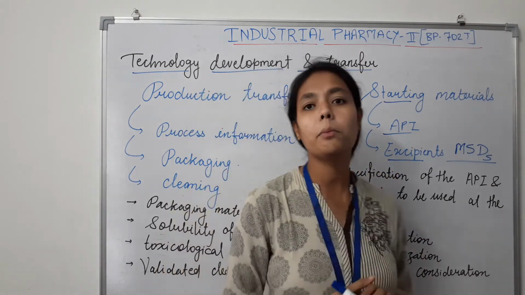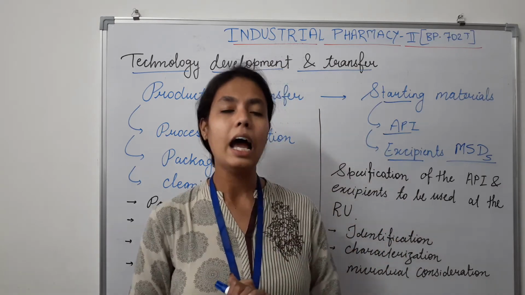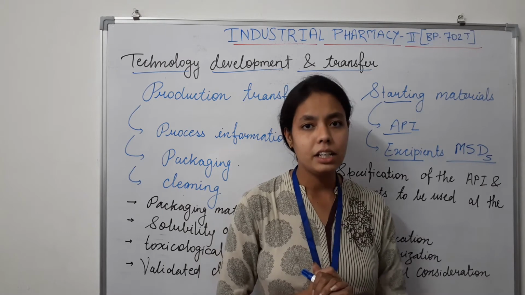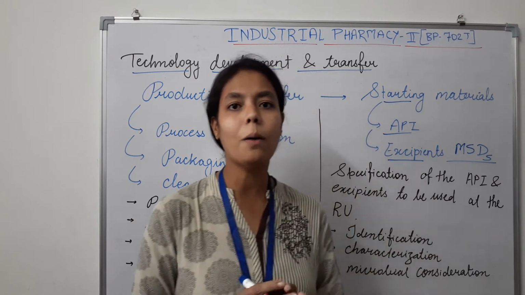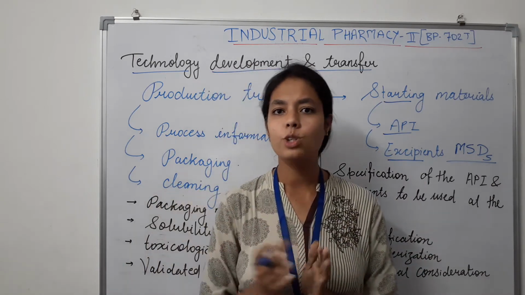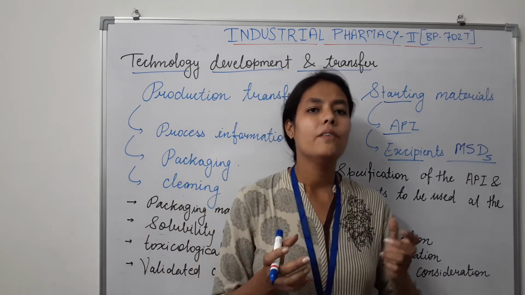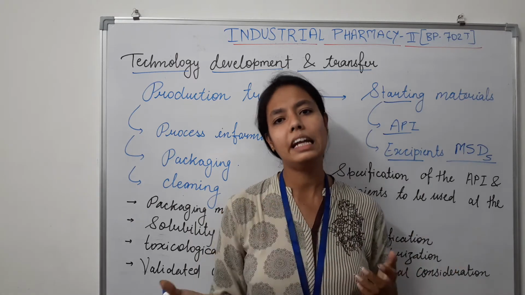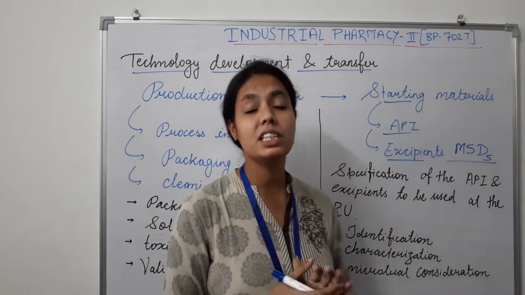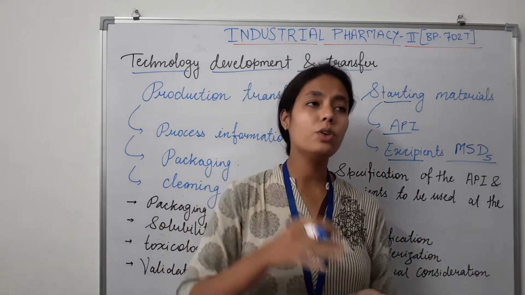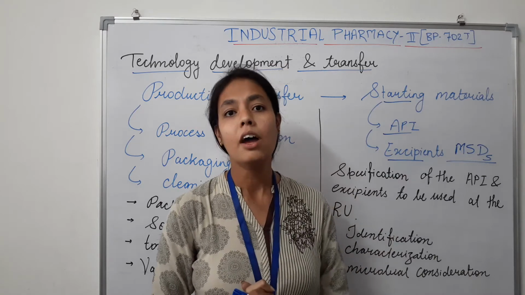That means which particular method we are going to use for the determination of intrinsic dissolution rate. After that, particle size and its distribution, which will include the method of determination for solid, inhaled or transdermal dosage form. Bulk physical properties, which will also include the bulk density, tap density, surface area and porosity, where appropriate for solid and inhaled dosage form. After that, compaction properties. Compaction properties we basically determine for the solid dosage form where we have to compress the material. In that particular case, compaction properties will be determined.